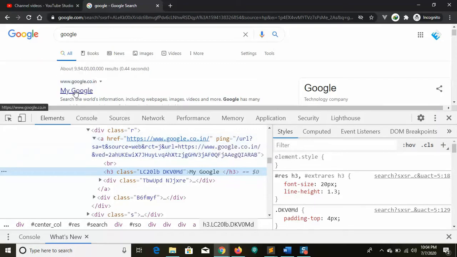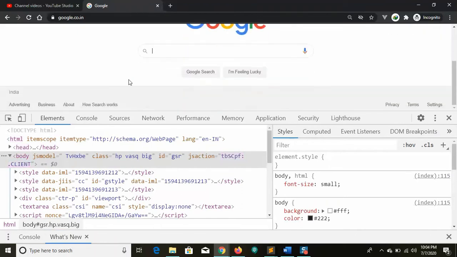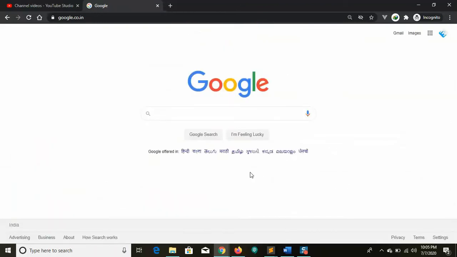When I click this, you can see at the left side what the site is, www.google.com. Just click on that. It will redirect to the page which was seen earlier. In the same way we can create our links.